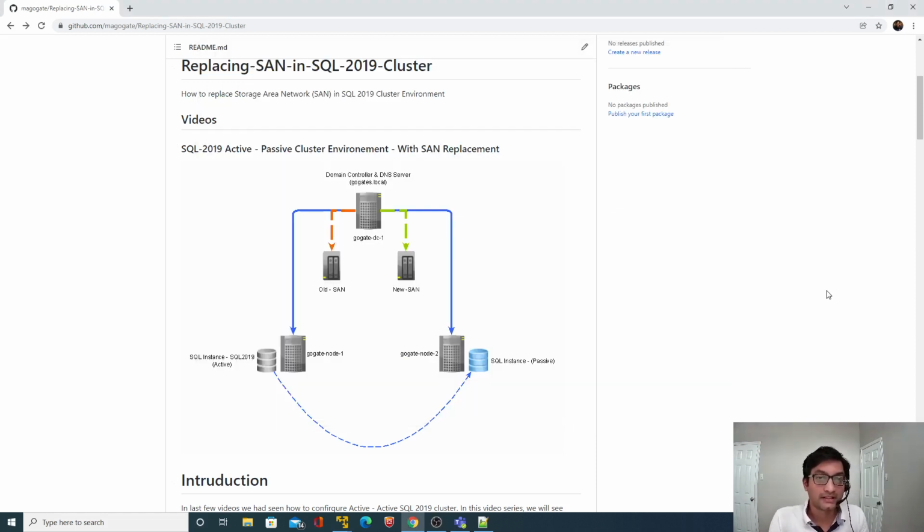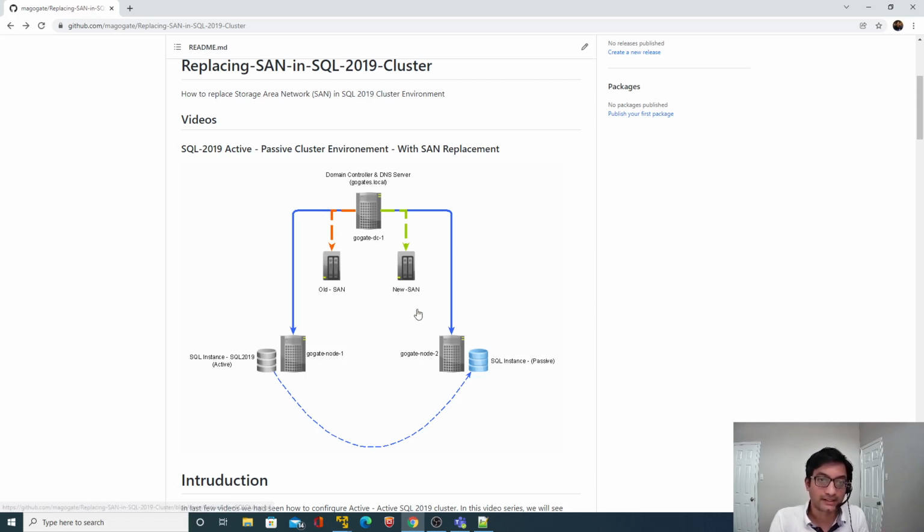The main intention of this series is to replace the old SAN environment, or old storage, with the new storage. Whatever shared drives we had on our old storage, we created the same drives on our new storage, which we term the new SAN. The entire activity we did on the first virtual machine, which was again acting as a domain controller. Once we created those new shared drives on the new path and started calling that the new SAN, we configured those exact shared drives on both node 1 and node 2.